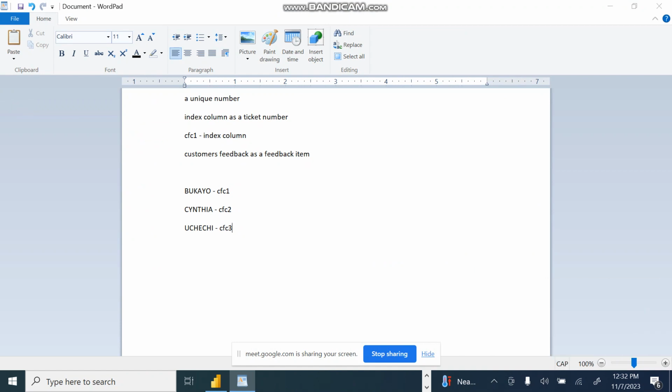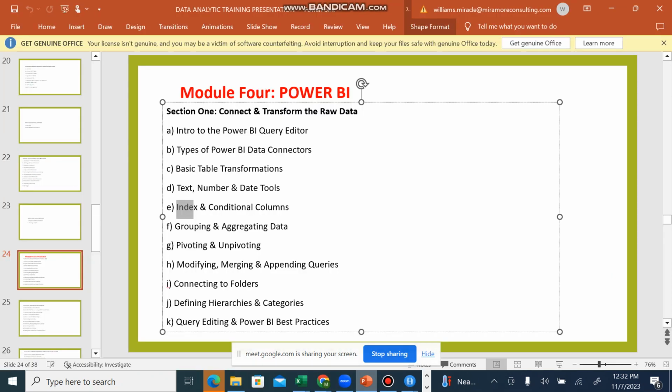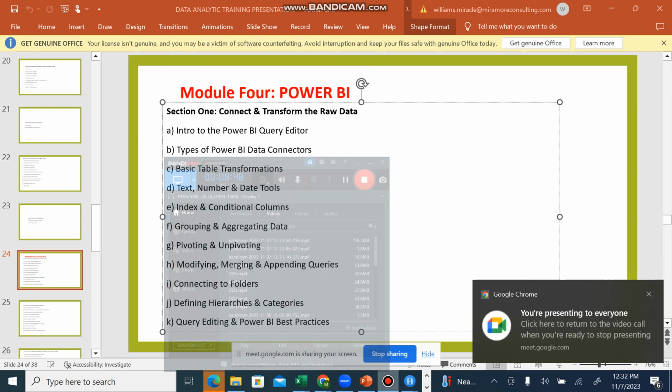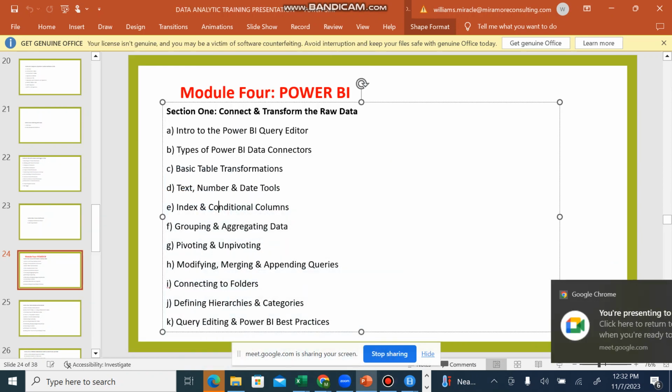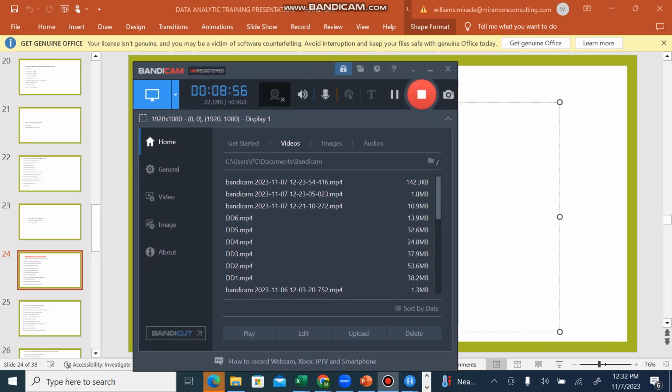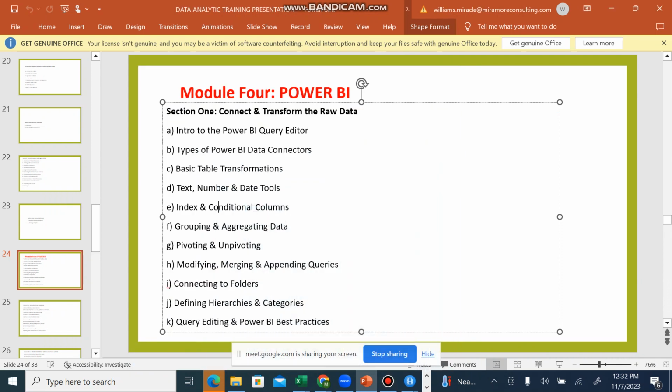Now, how about conditional columns? Now, for conditional columns, I'll tell you how it works now. For conditional columns,